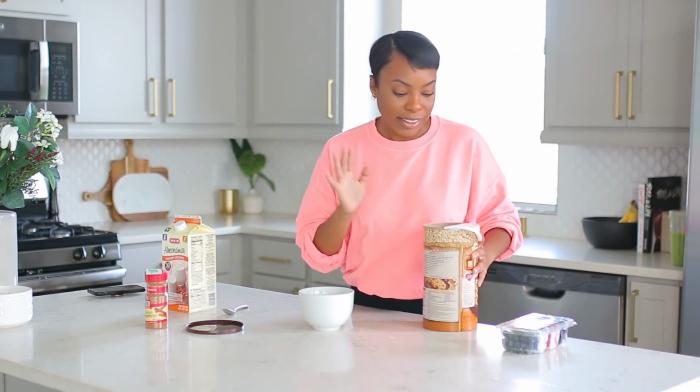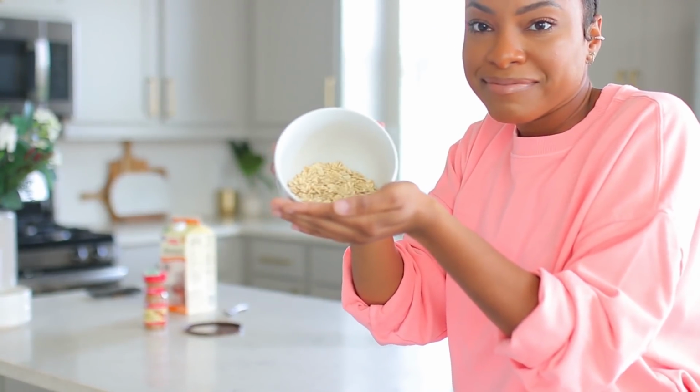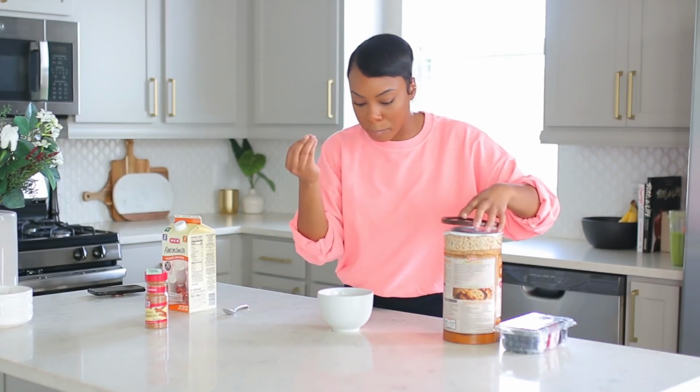And whenever I pour my oatmeal in, I pretty much just eyeball it. I don't really measure. I probably should, but that's one thing I'm not the best at. So this is about how much oatmeal I add. Can y'all see how much oatmeal I add into my bowl? And the one thing about old-fashioned oats is that they are pretty big grains, so they do keep you fuller